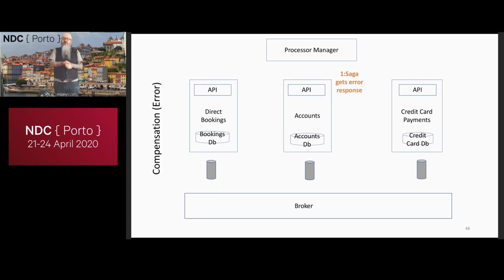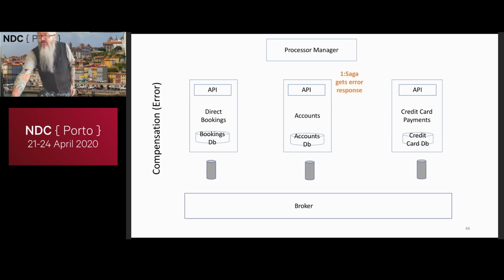In the choreography model, what happens, for example, if I can't take a payment, is that my credit card payment service raises an event saying it couldn't take the payment. But there's not necessarily a guarantee that we're going to actually terminate that booking, because I'd have to rely on the message having guaranteed delivery to the booking service to pick it up and get hold of that information. I'm just raising an event. I don't even know if there's a booking service that's going to listen to it.